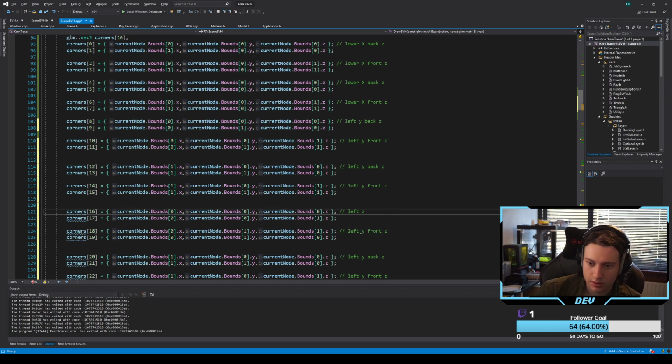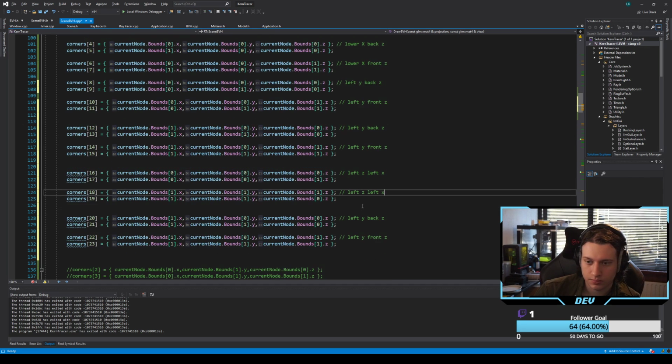So left Z, but this would be on this x. And we can just say left x and left x. Yeah, sure. And this would be 0 0 x, 1 1 x, and this would be